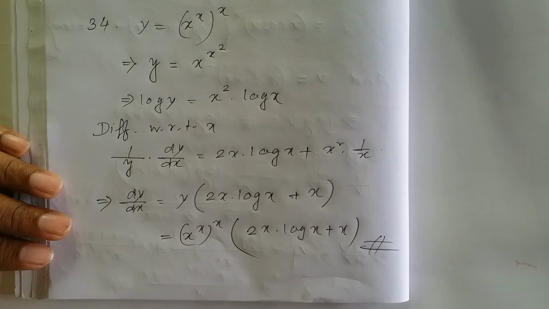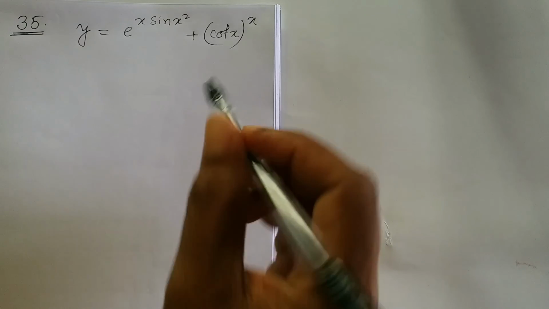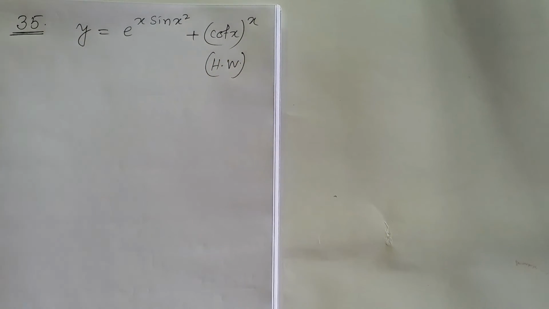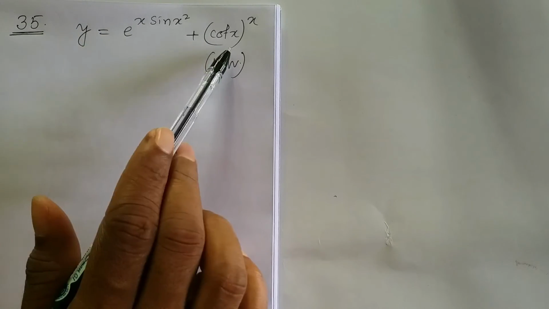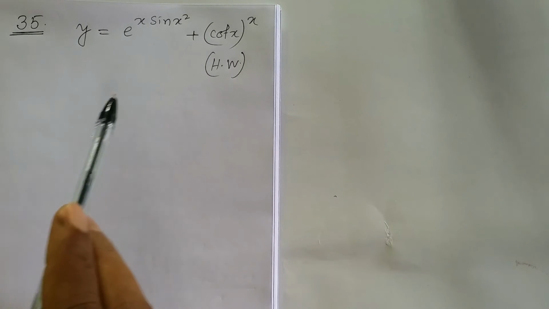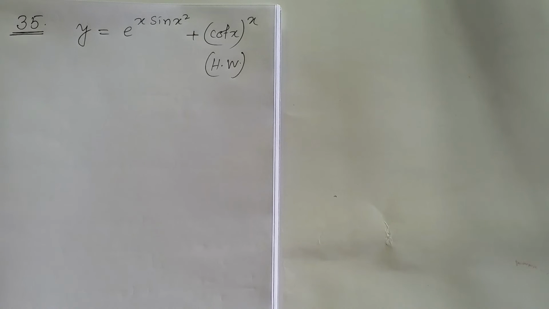So that is the solution for the question. You come to another question. This is the question, it is also homework for you. You will do this yourself. If you have any difficulty, tell me, I will solve it for you. So y is equal to e to the power x, you can do this as u plus v. Whichever way is convenient, do it as u plus v, otherwise it becomes puzzling for you, so do u plus v.